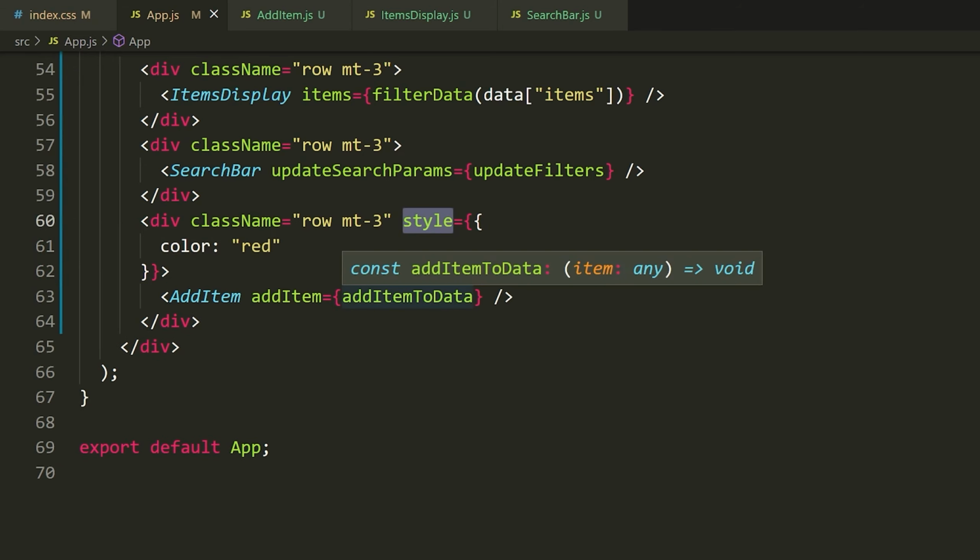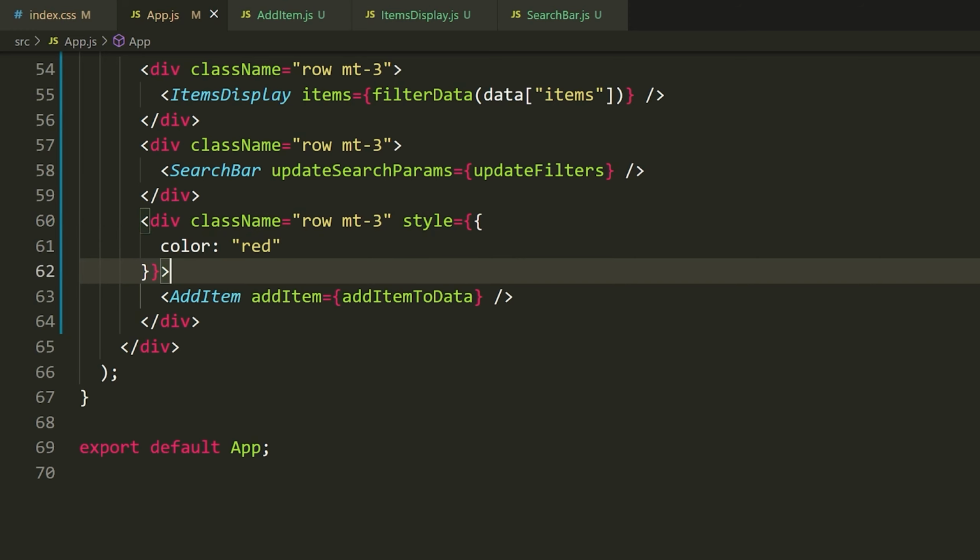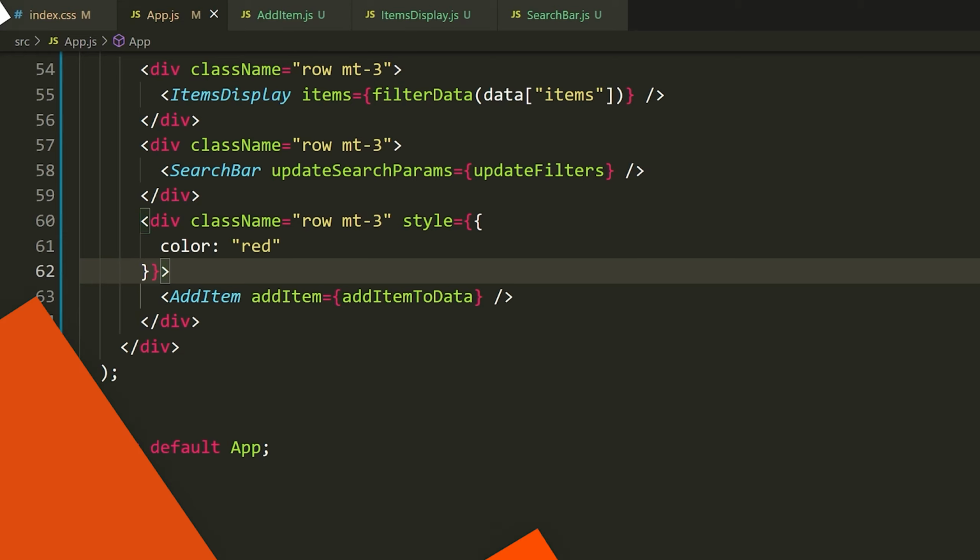This works for all of the different default components, right? So div, p, header, so on and so forth. Style equals opening bracket, then you do your object, then you have your closing bracket, and inside of the object, you define all of the styles. All right, that is how you do inline styles. Now let's move on to Bootstrap.